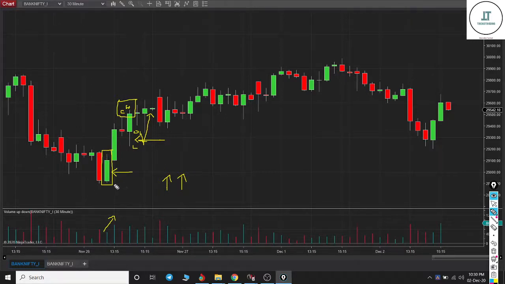Look at this candle pattern: open, low, close, high. Open and low are close to each other, close and high are nearby to each other. So a bullish candle with volumes, and the next candle the same with an increase in volume. That tells us super bullishness, or buyers showing their strength.